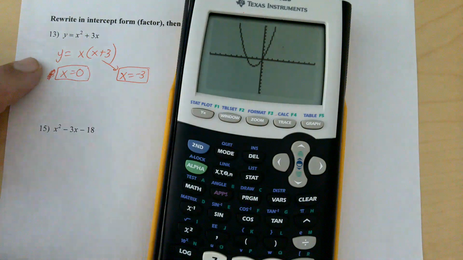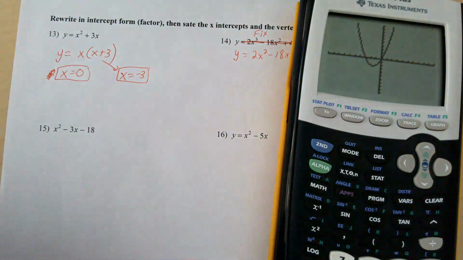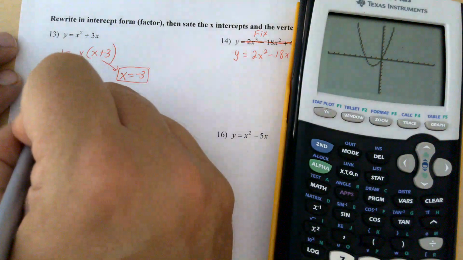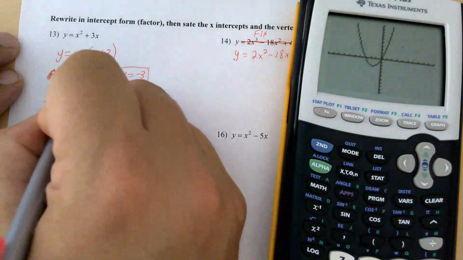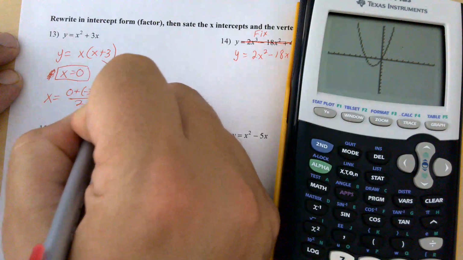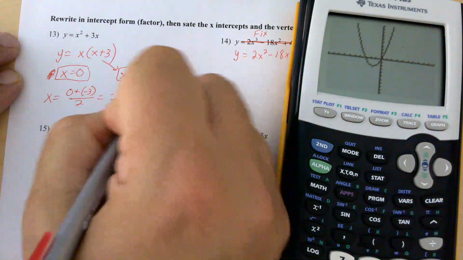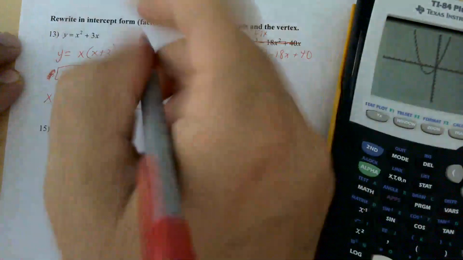So then to find the vertex, that's when it's your P's and Q's. I basically have to add these numbers together and divide by 2. So it's the average of your intercepts. To find my line of symmetry, I simply add these numbers and divide by 2. Well, negative 3 over 2 is nothing more than negative 1.5. Okay, so then my vertex